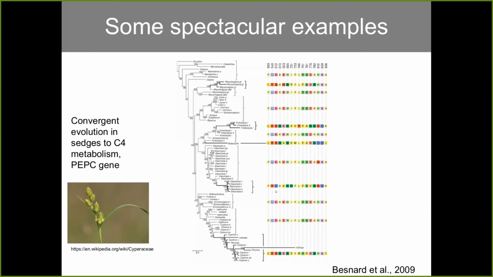However, the convergence here is not as spectacular as the previous one, because this time we have lots of convergence towards Q, and in that case, we also have one substitution towards K in that particular clade that also acquired the C4 metabolism. So maybe that's another case of convergent evolution still, even if we include that K here, because the K is not found in the species that do not do the C4 metabolism. So this is an example where we see that one, again, can use different definitions of convergent substitutions.